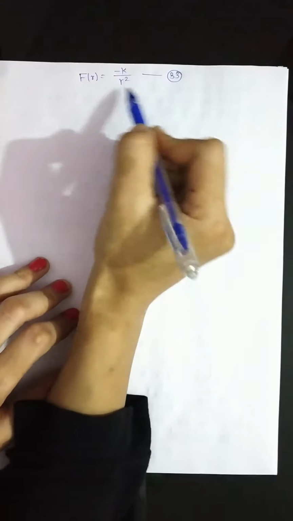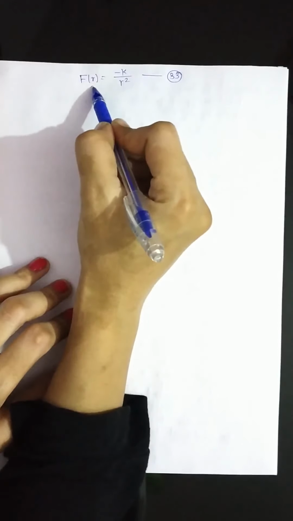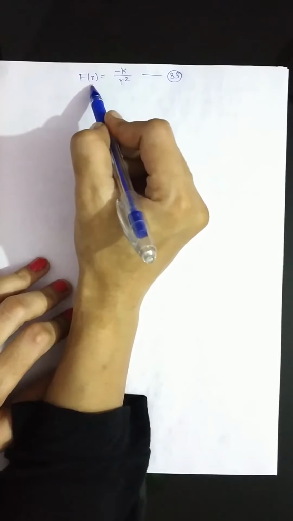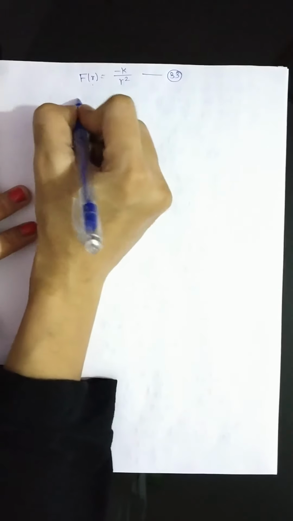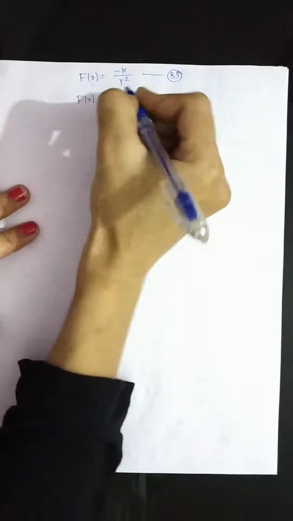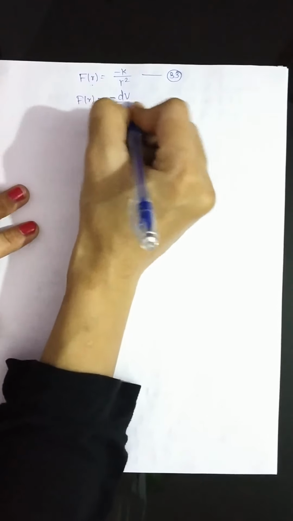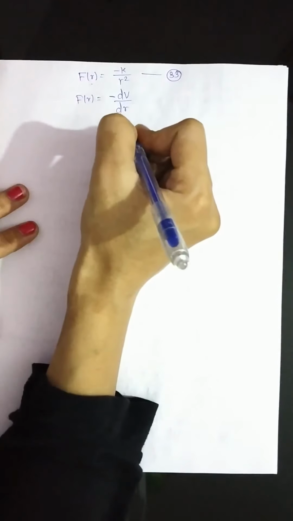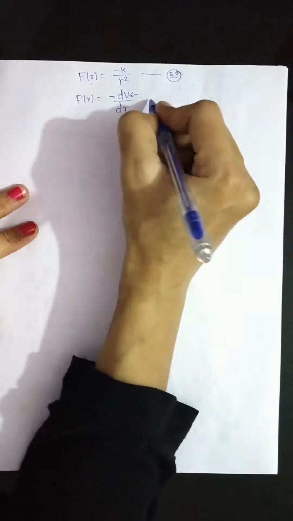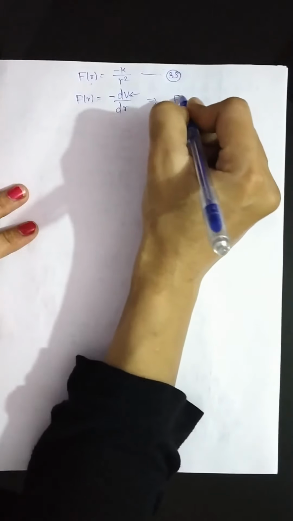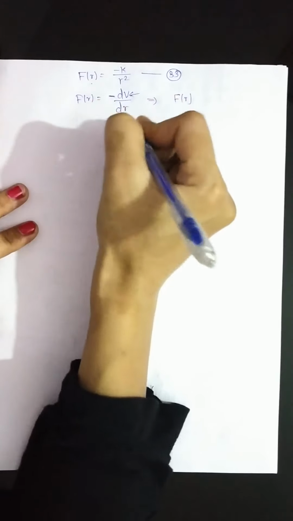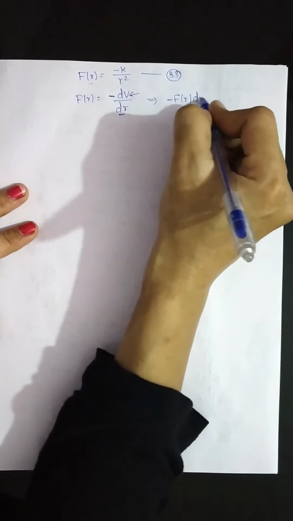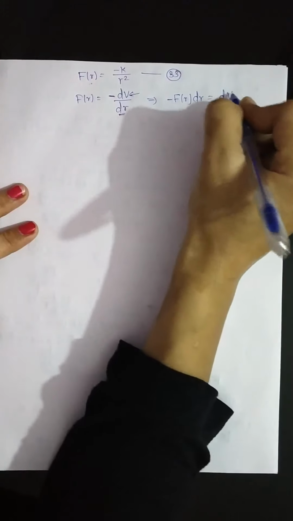Now from this central force I can find the potential. How can we find the potential? Since my force is conservative, it will follow the property we have already discussed, that we can write it as the negative gradient of its corresponding potential. So from this I can find the potential. I have to rearrange this F of r such that I take this negative sign and dr to the left-hand side, so that I get minus F of r dr equals dV.